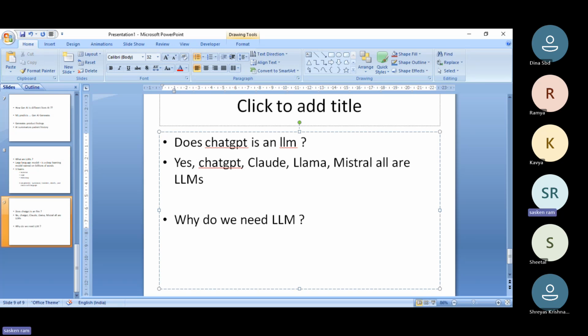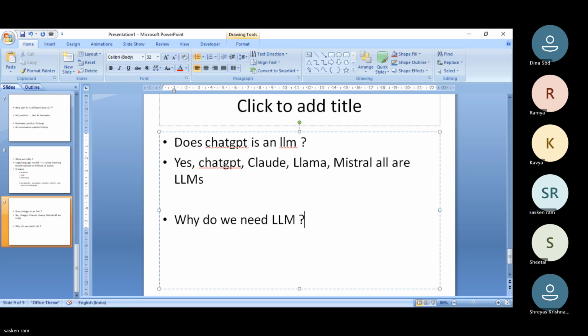As part of this question, why do we need generative AI, right? I answered this one. So the same thing, right? We need LLM because it allows the computers to understand and generate human language at scale. Not only the language, it understands what if you ask them to generate a text, audio, video, everything is possible.